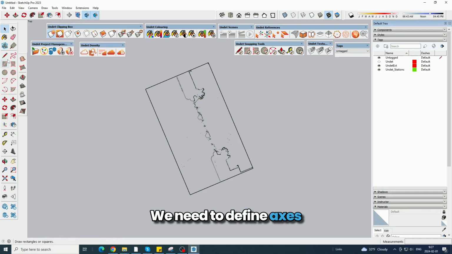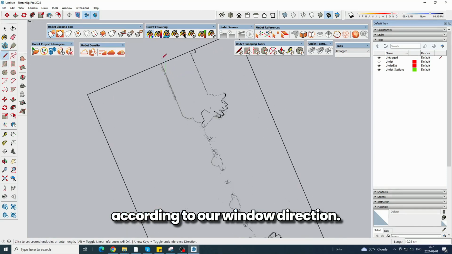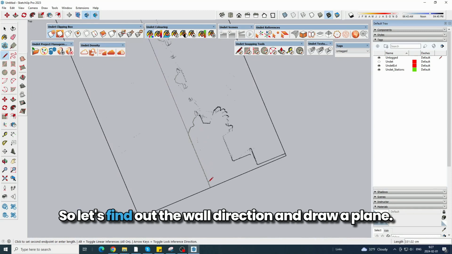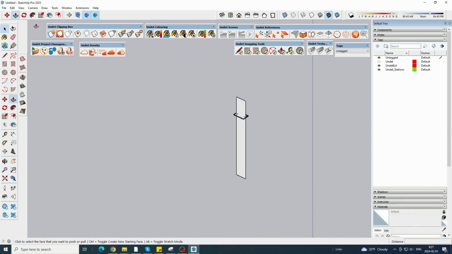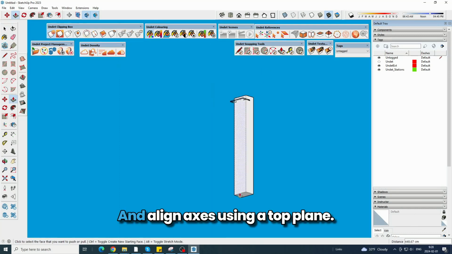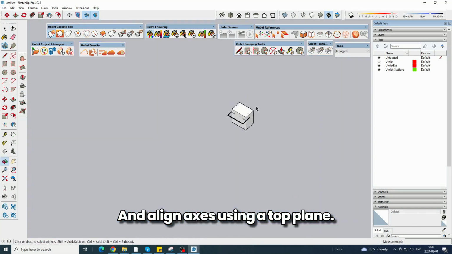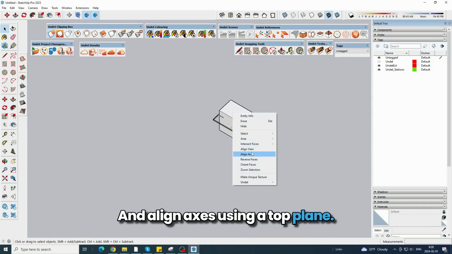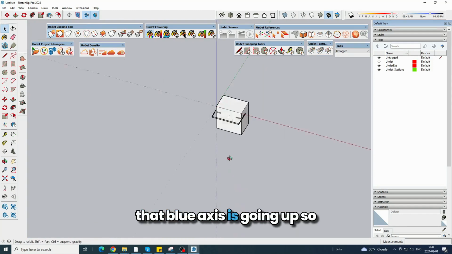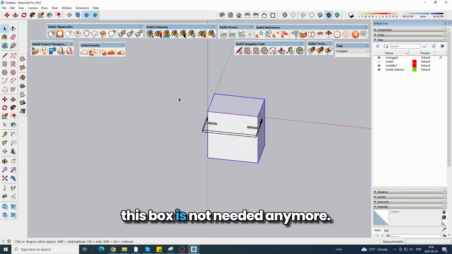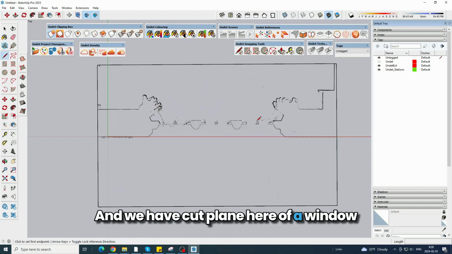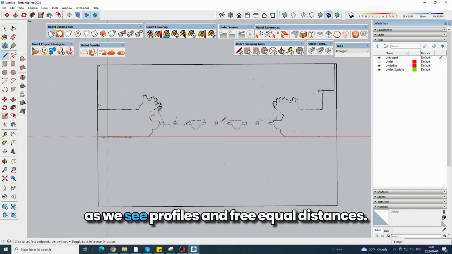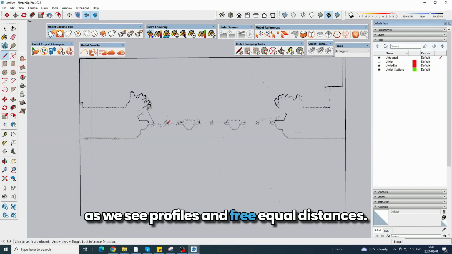We need to define the axis according to our window direction. So let's find out the wall direction and draw a plane, push and pull it a little bit, and align the axis using the top plane. Align axis, that blue axis is going up, so this box is not needed anymore. And we have the cut plane here of the window. As we see, profiles and 3 equal